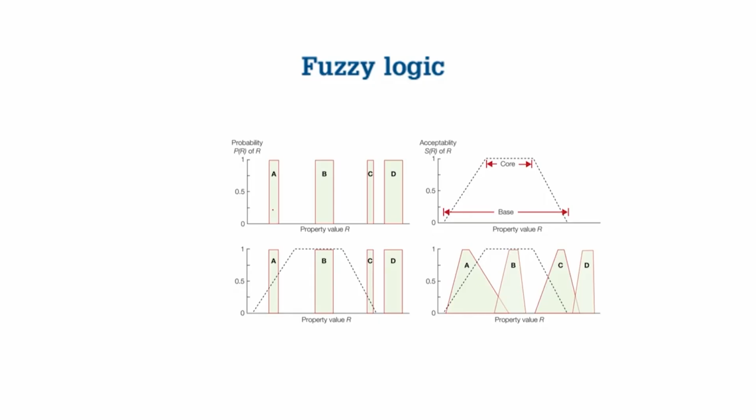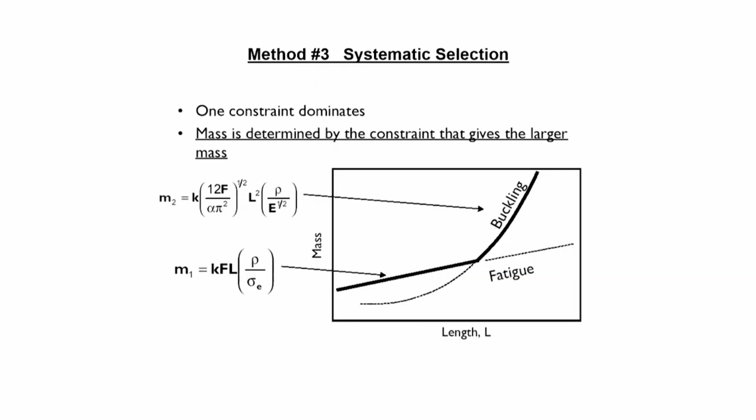So, this is what is called crisp probability, but it has an area like this. So, that overlaps. So, that is one way of doing. However, a better way of doing this problem is through systematic selection. So, what we do here is we exactly find out the mass of the two things, and looking at the